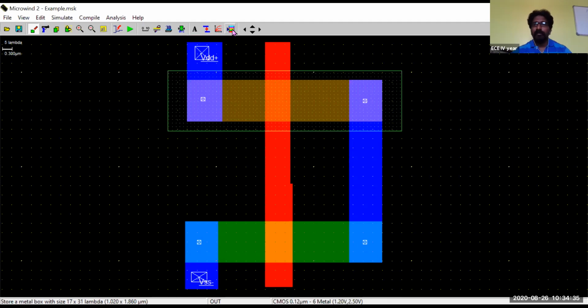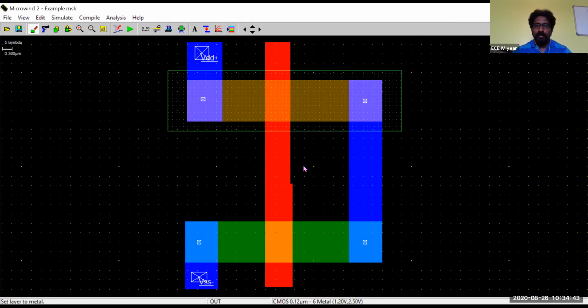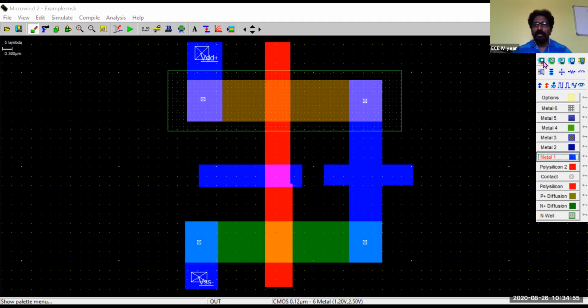You should supply the inputs. So supply the clock, but first you create the input terminal and also the output terminal. Now you put the contacts here for the polysilicon and metal one.